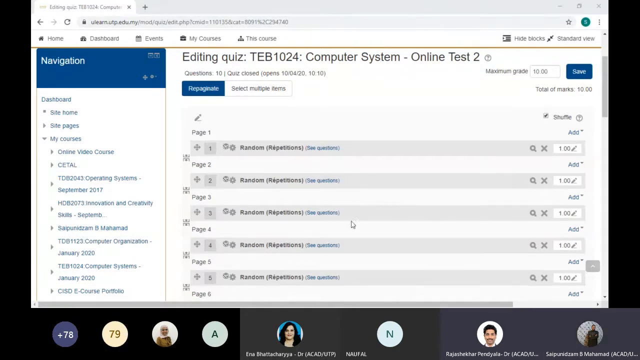Is there any other question? Yes, I have one question. Let's say I want to put 40 questions, but every one question is 1 mark. What should I set for the maximum grade? Okay, as per suggestion, actually the maximum grade